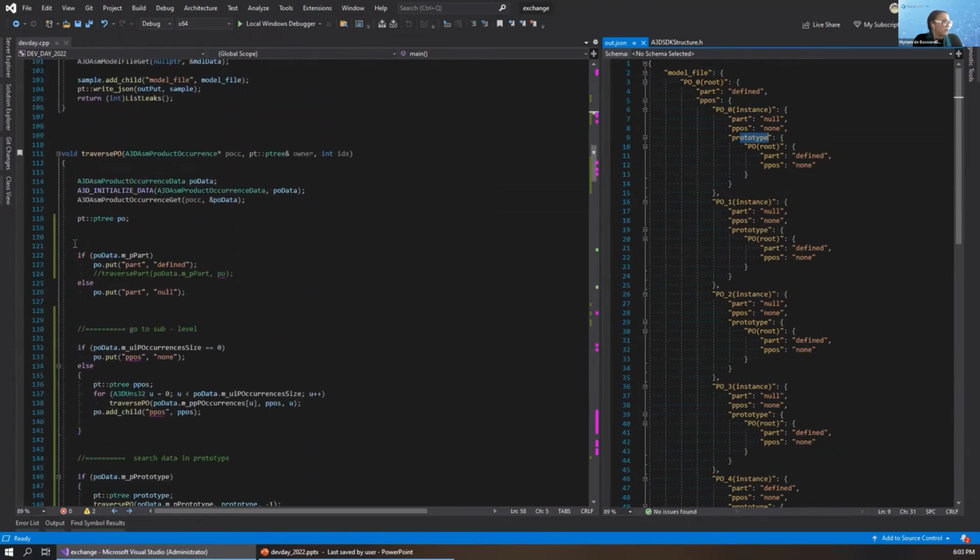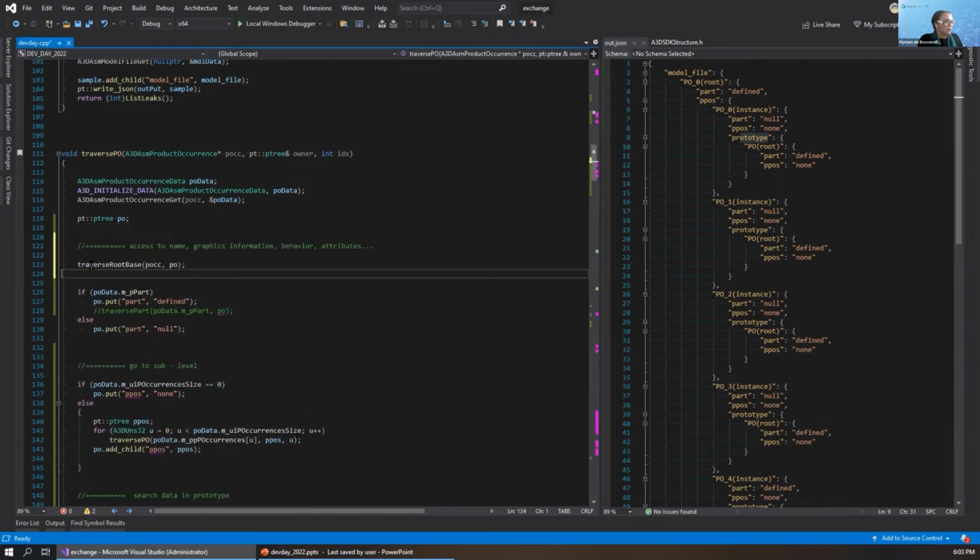So I will add it here just before digging into the part. So here I traverse the root base data. It's something also that you can find in the PRC to XML sample.